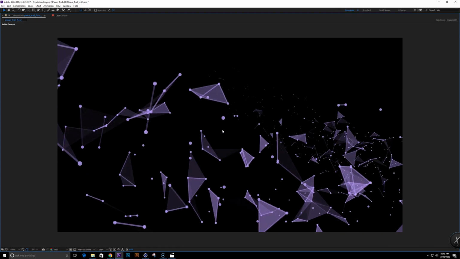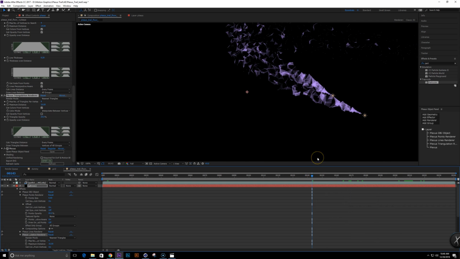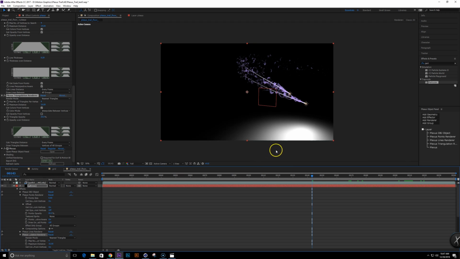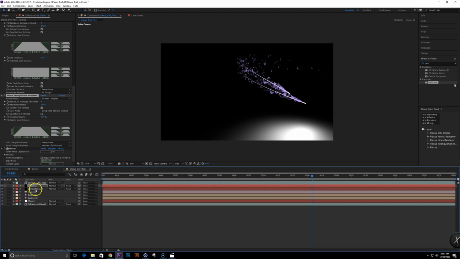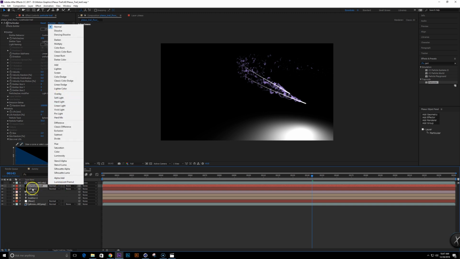Nice. Very nice. That looks cool to me, so let's keep moving. Okay. So now I unsolo that layer, and I'm gonna hit Ctrl-Shift-H to hide my lights and all that stuff. So that was my Plexus layer, and this is my particle trail layer. I'm gonna make both of these